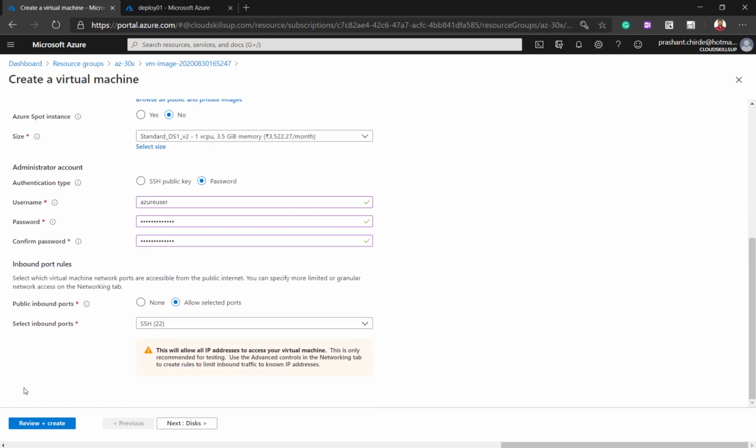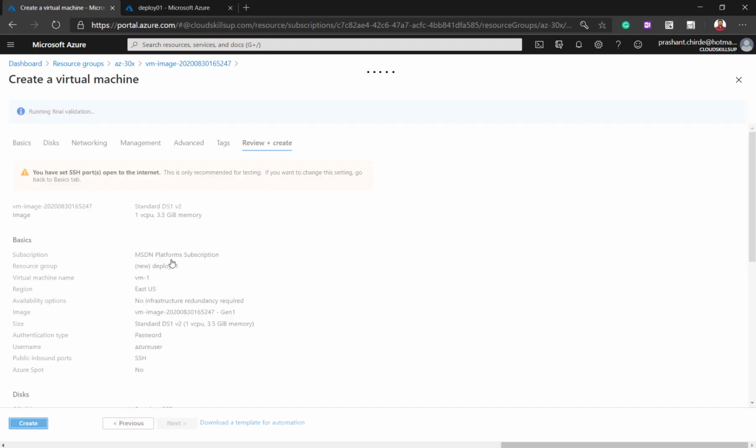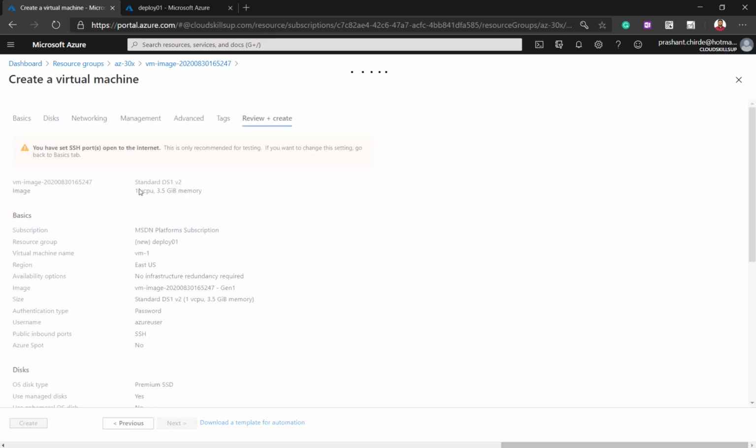So let's click on review and create. It will review our configuration, and once it passes, it will start deploying our resources. If you see here, the validation is passed, so just click on the create button so that it will create a new VM using the snapshot that we took for the VM.